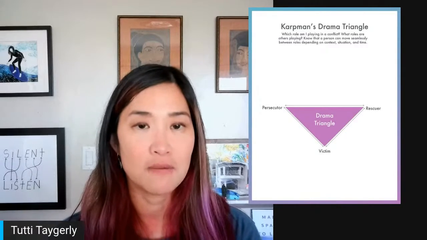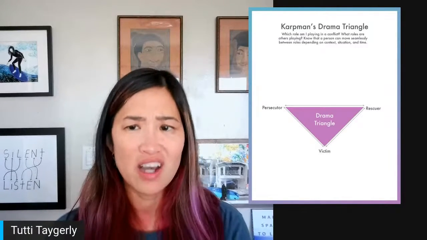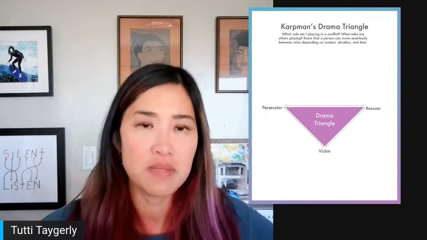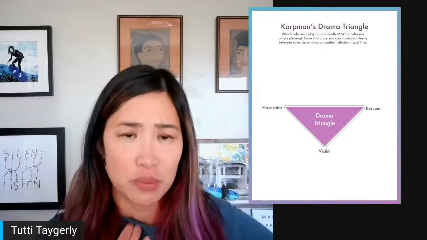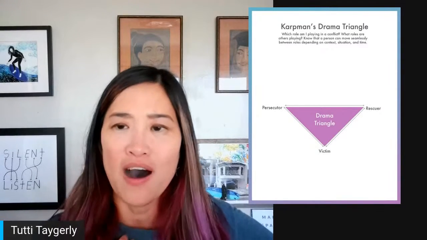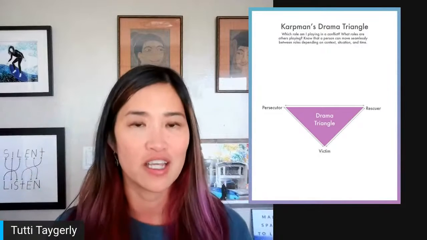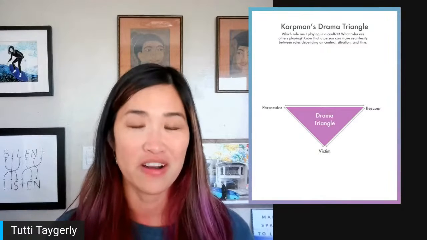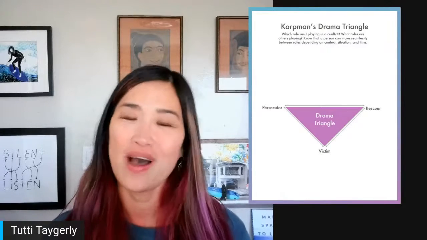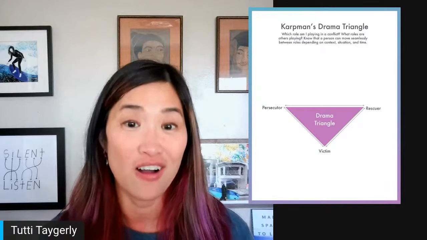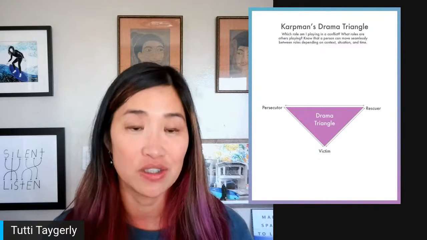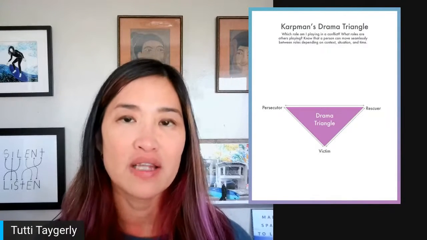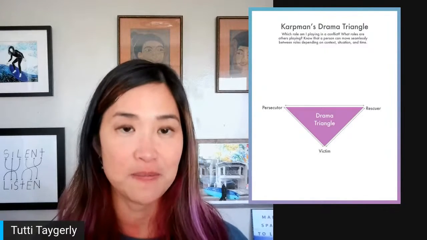You can imagine Miranda coming back and saying, "No." She's shifting from the victim to the persecutor: "No, it's your fault. You didn't come to me to talk about this. You didn't offer me any support." And the boss is there trying to smooth everything over. So I think the interesting part, if we think about these roles, is we all have our patterns and roles that we tend to fall into, whether it's victim, persecutor, or rescuer. And most of the time, most people that I work with, we rarely like to admit that we're the victim.